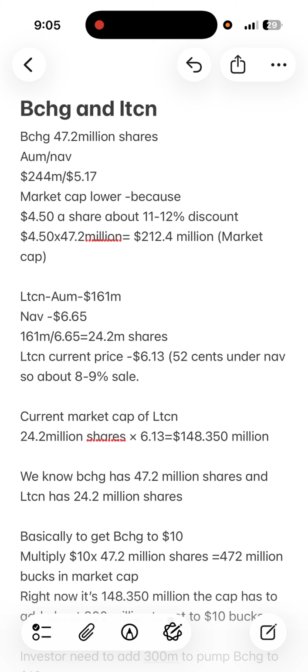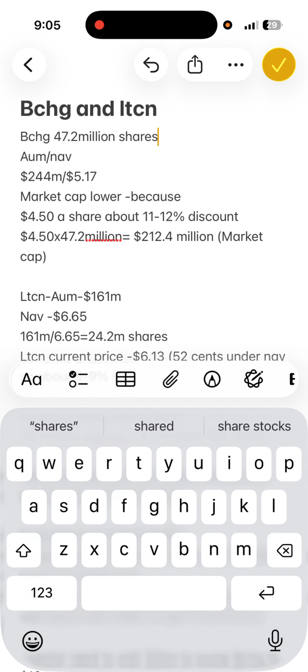So first of all, I'm going to talk about BCHG and how many shares it has. It has 47.2 million shares. So how did I find out that BCHG has 47,200,000 shares? Well, all you have to do is take the assets under management and divide it by the NAV price of BCHG. And as of Friday, about a day and a half, 2 days ago,